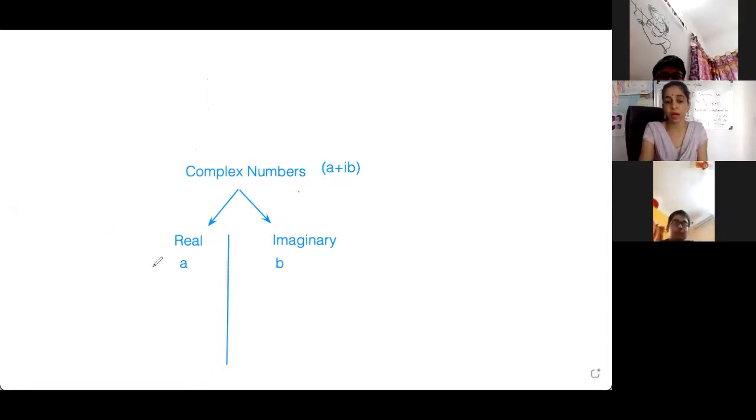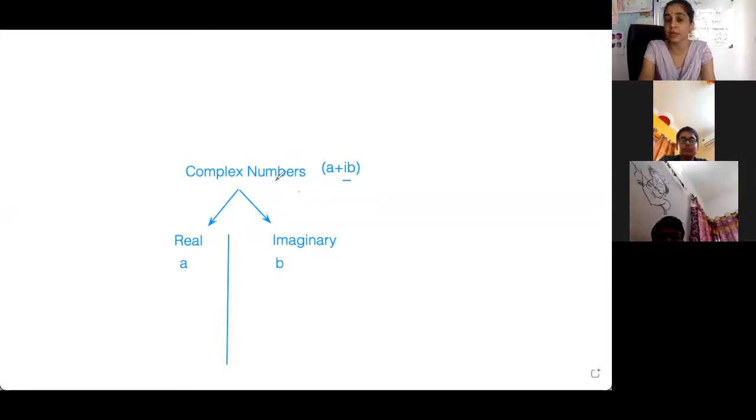Yes, Saurav, ask the doubt. Ma'am, what is the purpose of this i before the b? That is very important. This i represents that this is a complex number, and the purpose is just to indicate that now we are dealing with a complex number. If I write 55, this is only a real number, just a real number. I will understand that this is an integer, a natural number, a whole number, everything. So this is not a complex number.